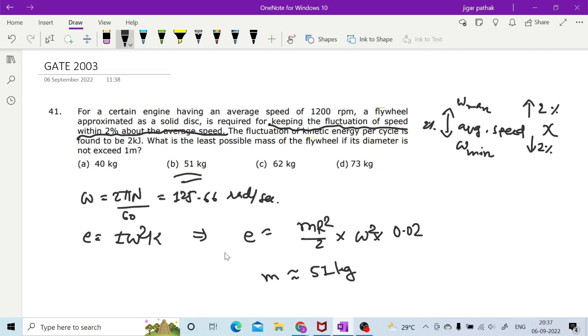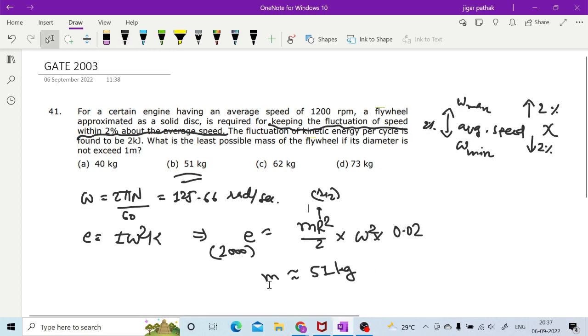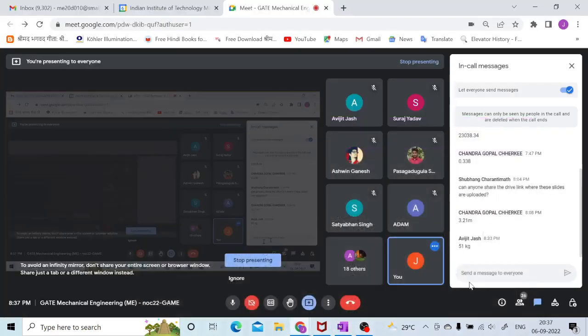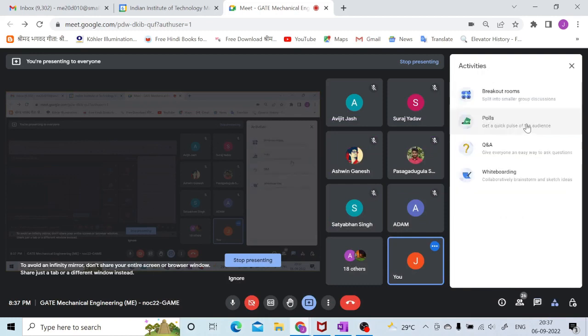The mass is 51 kilograms, right? Because E is nothing but 2000 joules, R is 1/2 because the diameter is provided, omega you have calculated, K you have written, so you will be able to calculate the mass. So everyone got this one? Yes or no? Yes, sir. Okay. Now if we go for the next one,